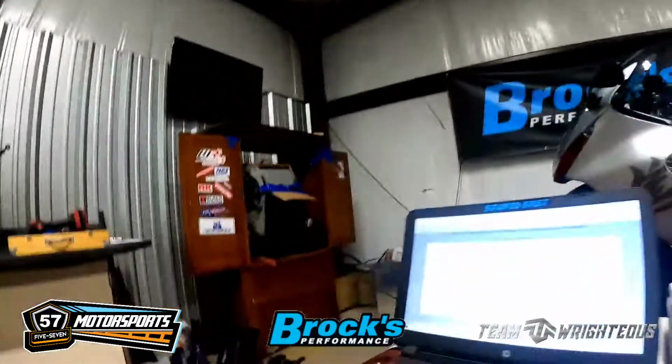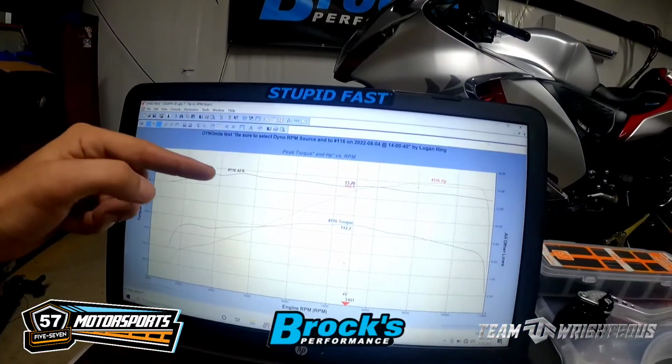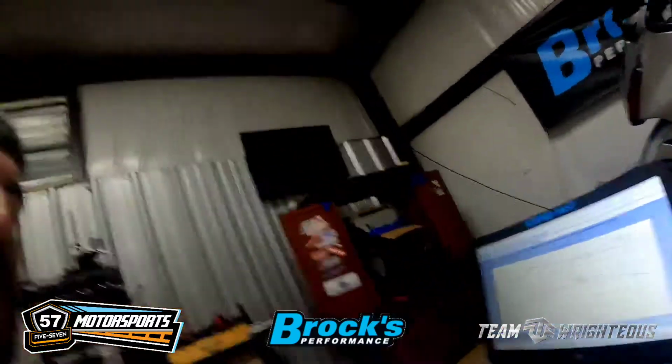And then, like I said, looking at the air-fuel ratio, you'll see some dynos, if you watch them on other videos, there'll be a smooth, perfect line going across. That's all just dependent upon the correction factor or the smoothing factor that every dyno has. Because if we took a 40 horsepower bike and made a pull on this thing, or even we've had some bikes up here. We had one night, we had a